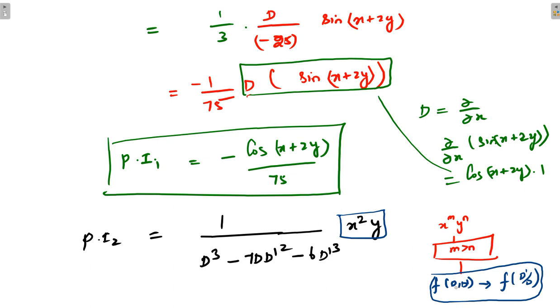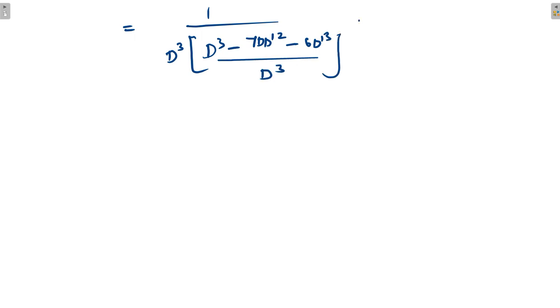So keep in mind, try to understand this step here. If you take D power 3 as a common term, you may get 1 minus... or simply you can multiply and divide by D cube in this denominator. Then only it is very easy to identify. Now I am going to multiply and divide D power 3 in the denominator only. So D power 3 minus 7D dash square minus 6D dash cube divided by D cube in this denominator.